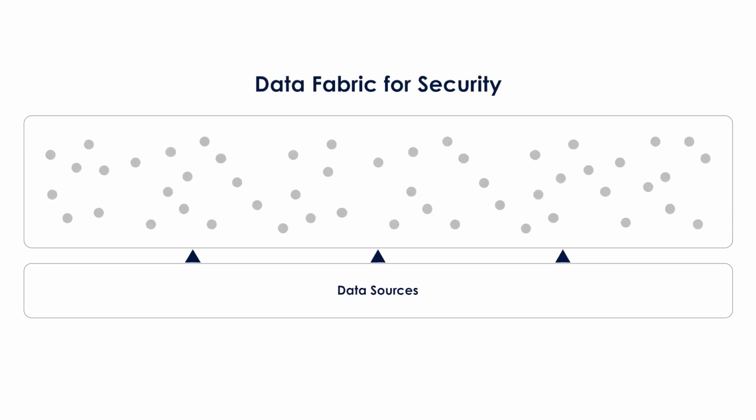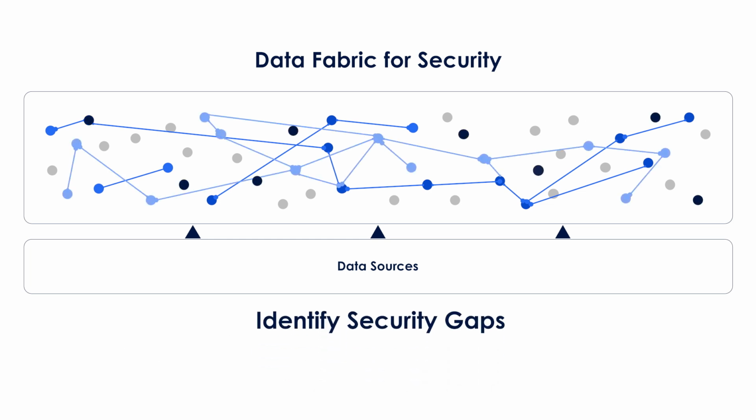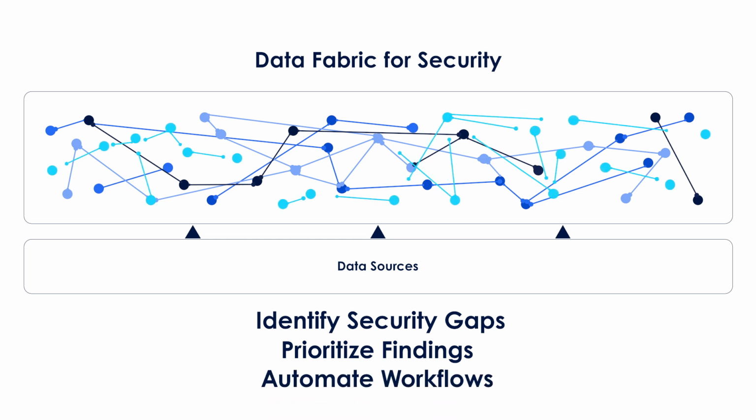We will go into more detail on the power of the data fabric and show it in action later. But let me give you a quick explanation here on why it is so effective at delivering compelling insights into your risk posture and why it's at the heart of our CTEM solution. Lots of industries have used data fabrics for years to aggregate and correlate tons of data. Our technology, however, is a data fabric specifically built to support security insights. It takes in data from hundreds of sources, aggregating and correlating security findings and business context to identify all your security gaps, prioritize which ones are most crucial to your business to fix first, and then to automate workflows to